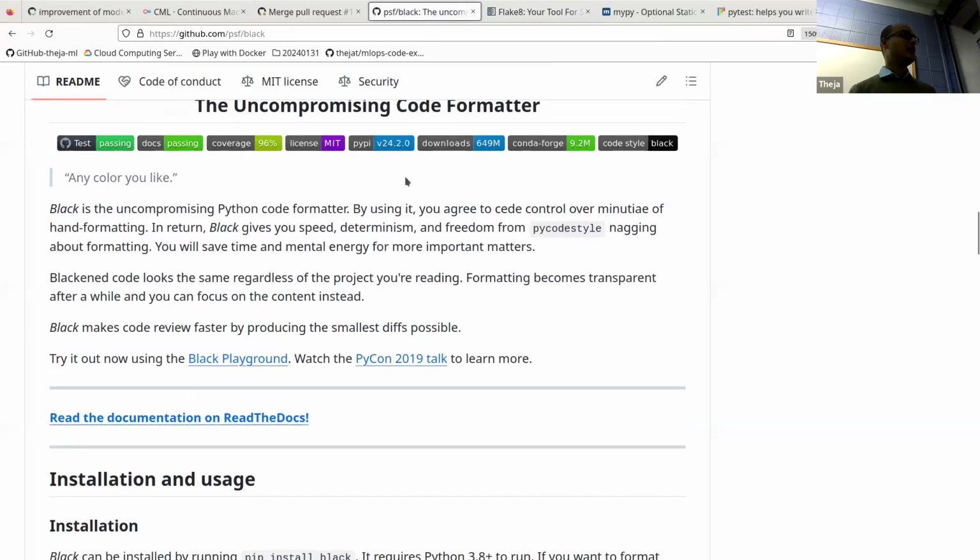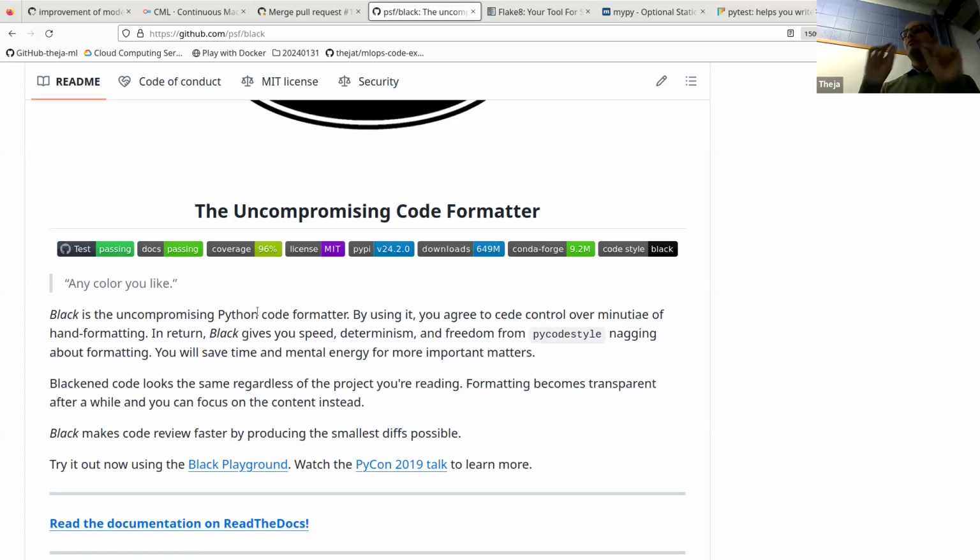Another tool is called Black. It's a code formatter. For example, let's say there's a statement in your Python file which is really long. Every time you save your file, Black is one of the programs that can execute and say, oh, there's a really long line, let me format it so that it actually fits within the screen automatically. So this is more like a code formatter. It also has a style guide. Google, for example, recommends that you should not have statements more than 80 characters wide or something like that. So both work in tandem and have some overlapping responsibilities, but one is linting, one is styling.